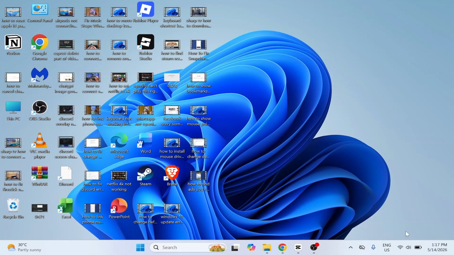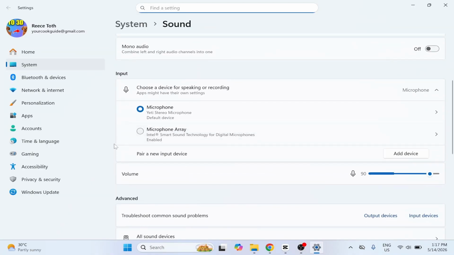press Sound Settings. You'll then need to scroll down to where it says Input, and then from here you need to go and select your microphone. So you can either use your computer's built-in microphone, or if you have an external microphone, you can go and select it from here. Now you'll see this volume slider as you start talking, and this indicates that your microphone